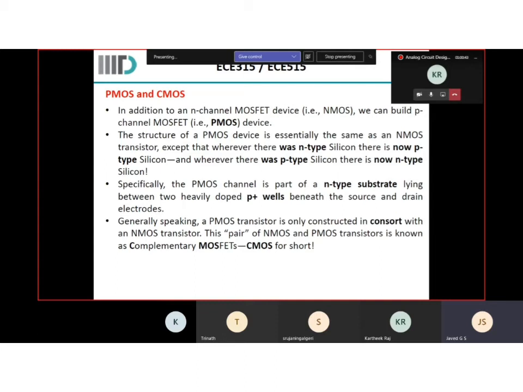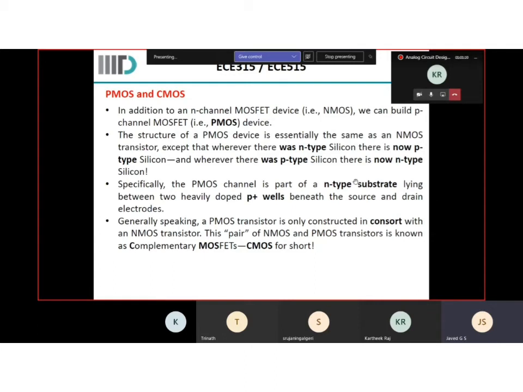They will typically choose a P-type substrate, so your NMOS devices will be easily formed. For the PMOS, the entire P-channel device structure is taken and placed within an N well, because you need an N well with a substrate point. The channel is formed between the P substrate and the N substrate, with two heavily doped P regions beneath the source and the drain.